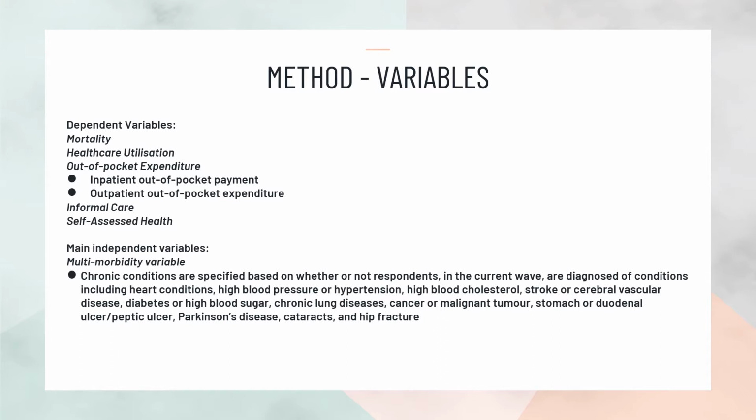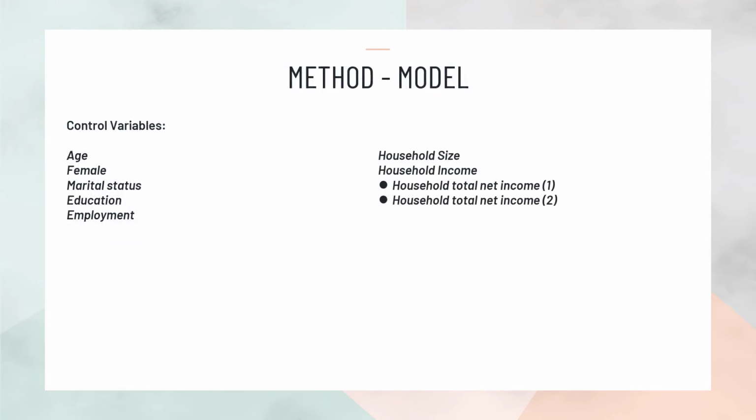This variable is defined as 0 or 1 chronic condition, which is the baseline, 2 chronic conditions, 3 chronic conditions, 4 or 5 chronic conditions, and 6 or more chronic conditions that are presented in this slide. In order to increase the confidence on the impact of multimorbidities on health outcomes, we also control for other individual factors. These factors include age of individuals, an indicator variable for female individuals, their marital status, education level, employment status,